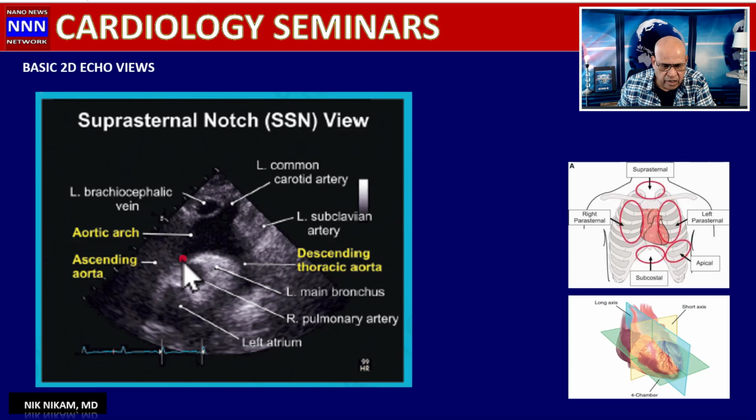We can put the color Doppler to look for the blood flow direction. Also, we can put a continuous wave Doppler and measure the gradient across the aortic valve to get a much more accurate assessment of the gradient across the aortic valve, since we are in direct line with the flow of